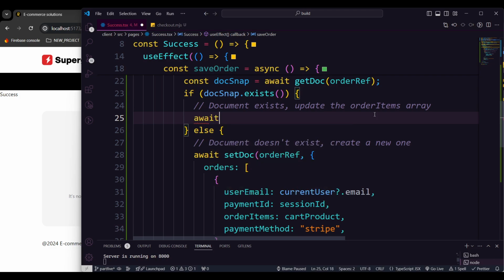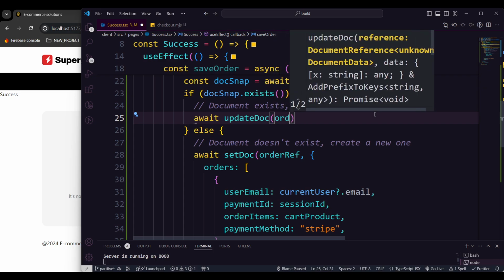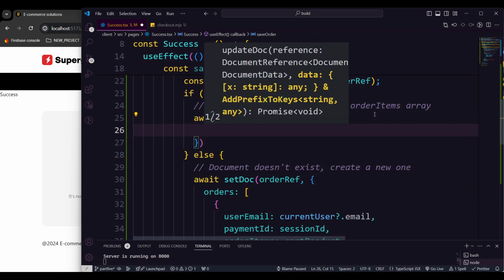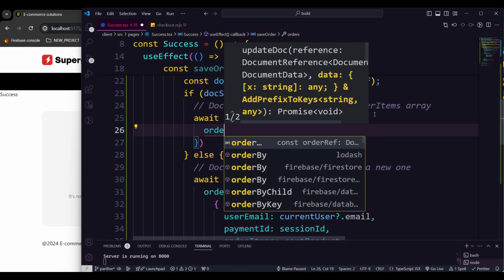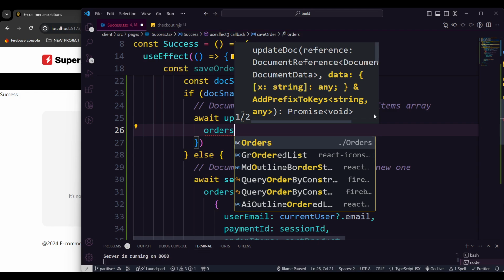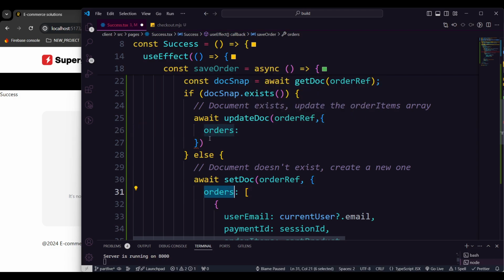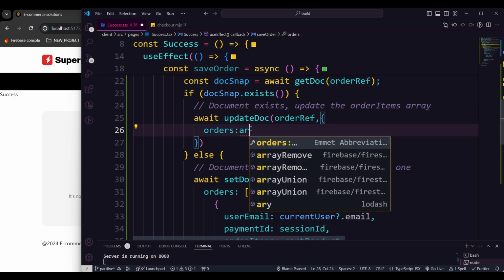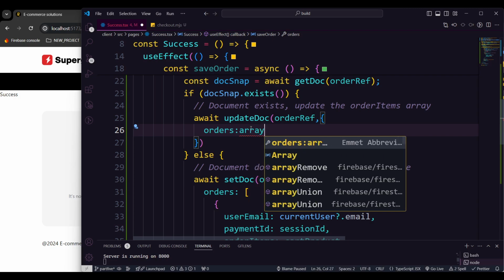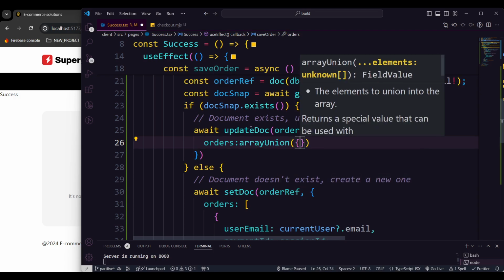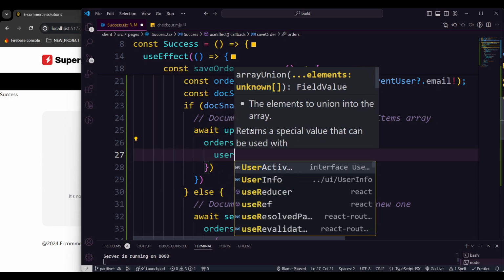So if we have the document, we're going to make an update, updateDoc, which we need to import also. And here we're going to pass the order reference, and after passing that order reference, we're going to pass that method. So in the order, we are only handling the orders, nothing else. This is the table we're going to handle, we're just going to update the orders, and be careful while passing that. If you make a mistake with the name, it will collapse. So I'm going to use arrayUnion, and in that arrayUnion I'm going to merge the array. So I'm going to merge that user email,